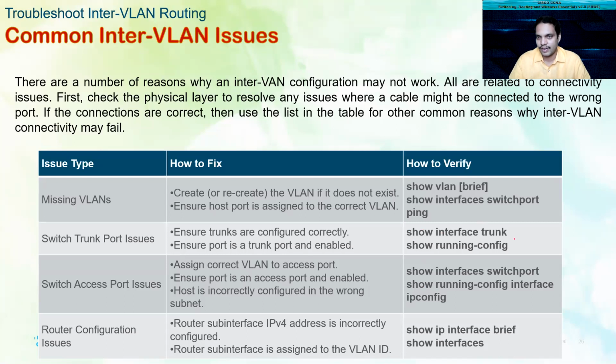Troubleshooting in most cases for VLANs, the important thing to observe is human errors. Most of the time you might give a wrong VLAN ID, or you might type in wrong IP addresses. All these things will come up. The primary issues are missing VLANs, switch trunk port issues, switch access port issues, and finally router configuration issues. When you start doing your Packet Tracer activities, you will definitely make some mistakes because it might be the first time you're working with these things. Once you make these mistakes, it's good because you will learn to troubleshoot also.